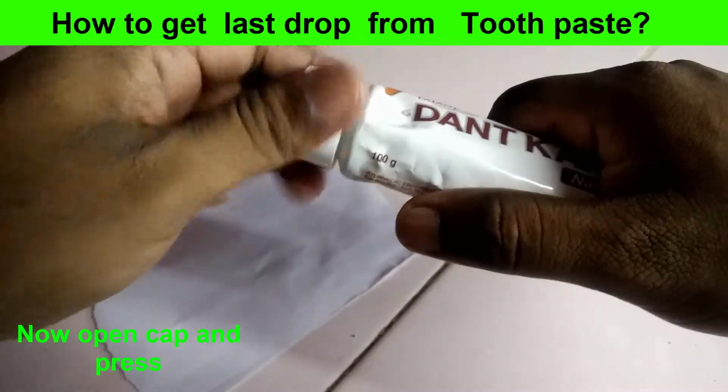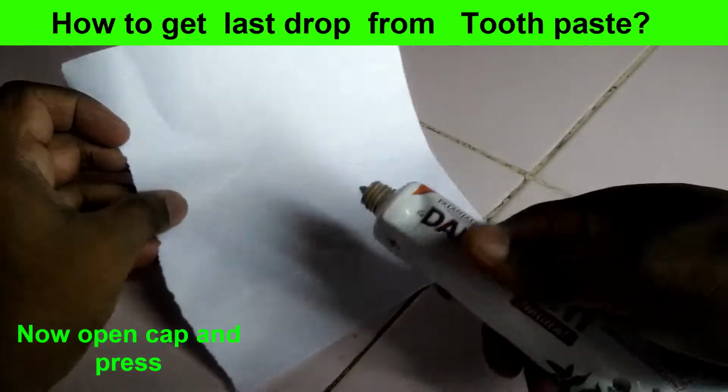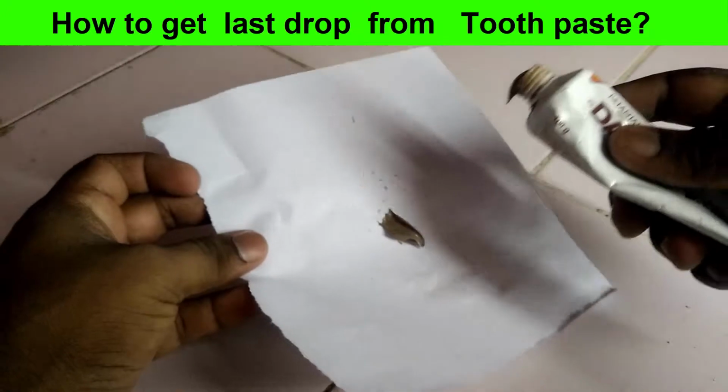Now I am going to open the cap. You see, the last drop also came outside from